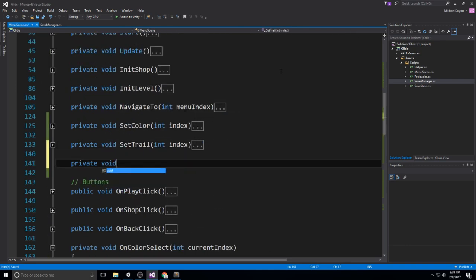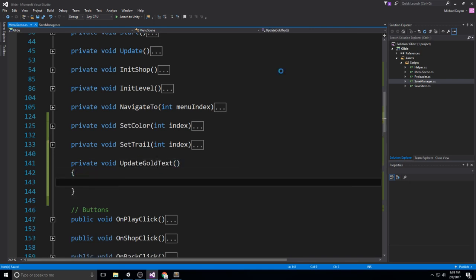Just so we don't forget about these 3 new fields, we are going to go down right here and do a private void UpdateGoldText. So that's for our very first field, the gold field. And all we have to do right here is say goldText.text is equal to SaveManager.Instance.state.gold.ToString. That's quite far, but that's actually where we have to go to get the amount of gold